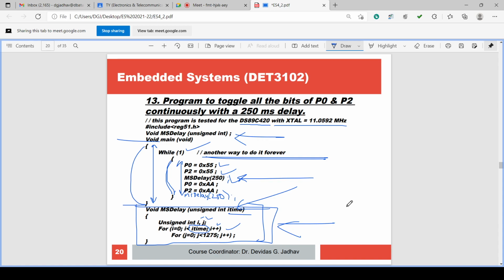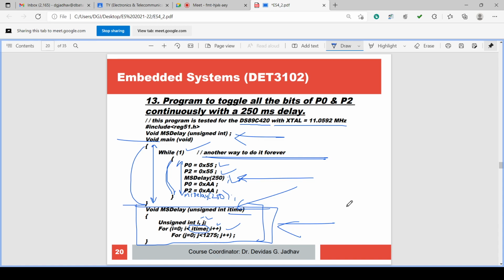For 55, there is a delay, so we can observe 55 for 1/4 second. When AA is outputted, we can observe AA because there is a delay of 250 milliseconds.